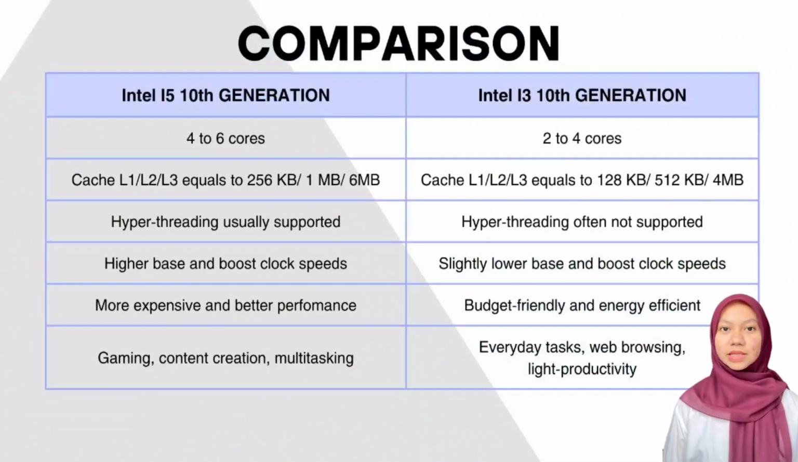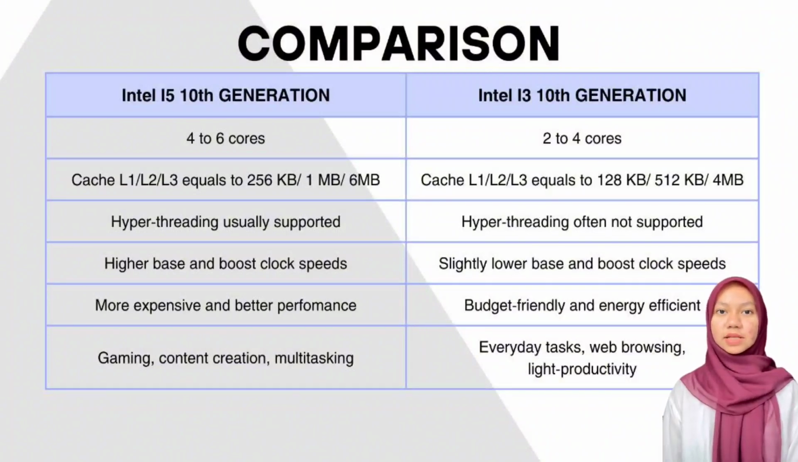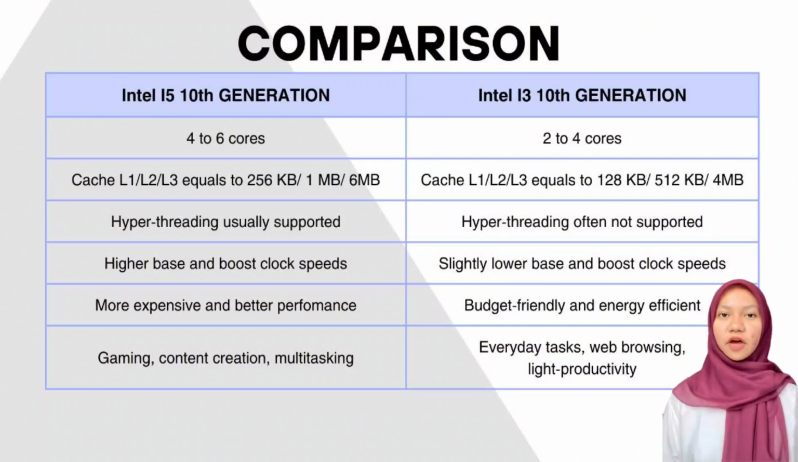Hi, my name is Nur Kasyifah binti Kushairi, and I am going to compare between Intel i5 10th generation and Intel i3 10th generation to show the differences between these two types of Intel. So, firstly, i5 has 6 cores, while i3 has 4 cores. Since i5 has more cores than i3, this will result in a higher number of threads in i5 rather